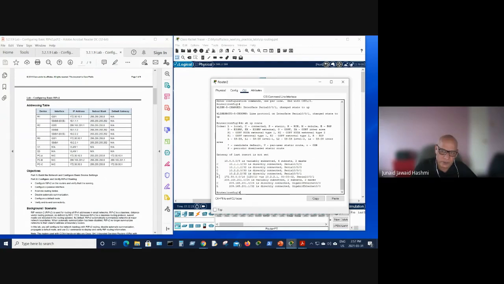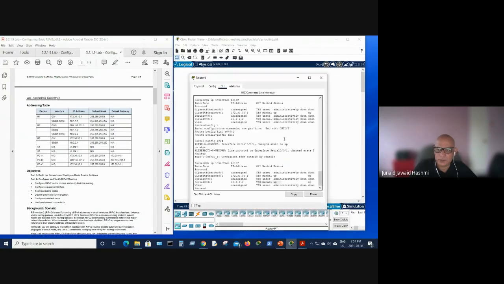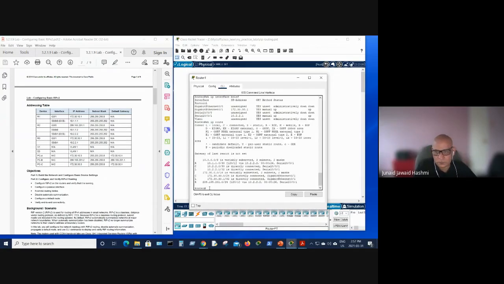This one learned one network, and this one, how many networks did it learn? Show ip route. Oh, it has 2 entries,